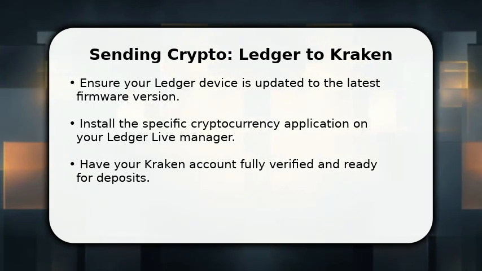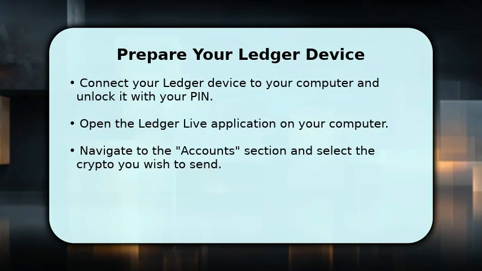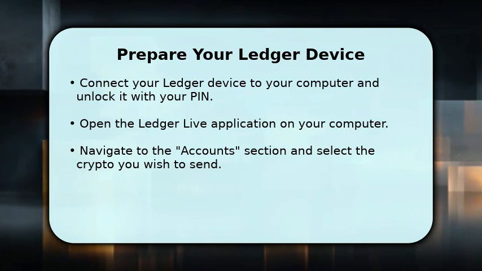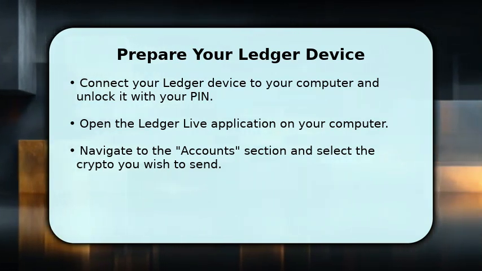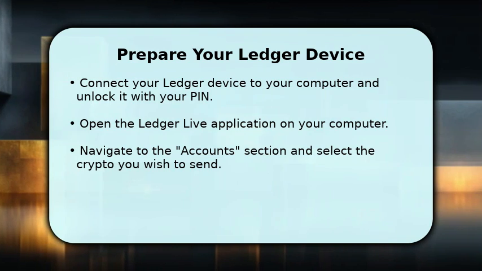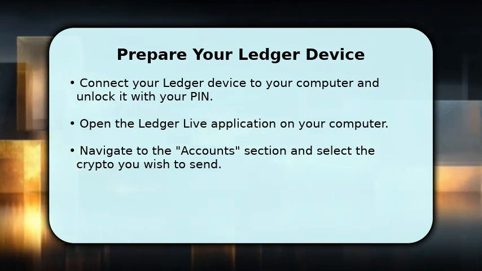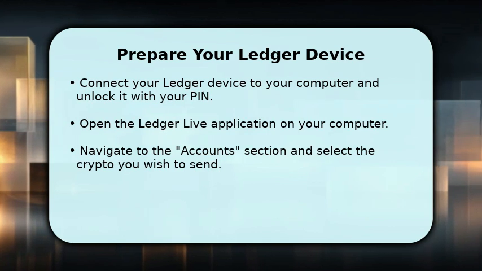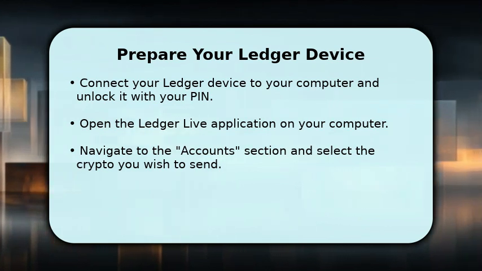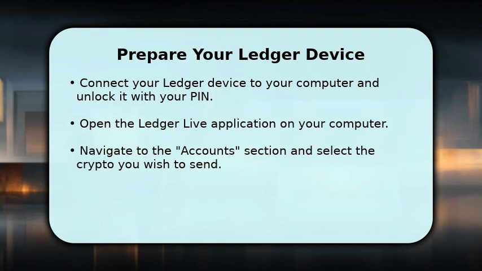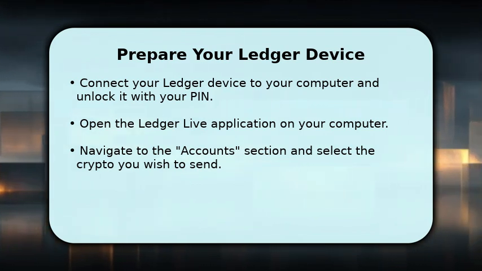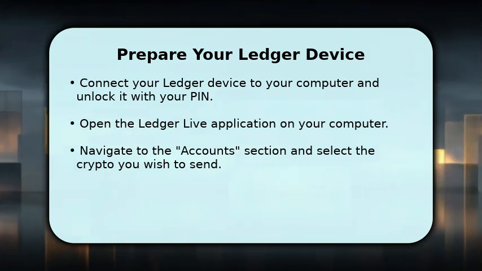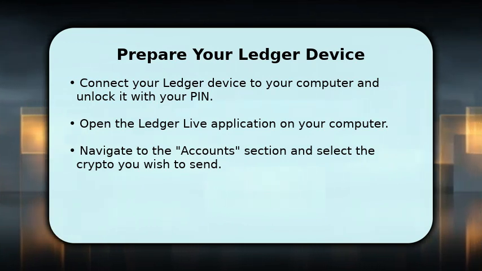before initiating any transfer. To begin, connect your Ledger hardware wallet to your computer and unlock it using your personal PIN code. Then, open the Ledger Live application on your desktop. Once Ledger Live is open, navigate to the Accounts section. From there, select the specific cryptocurrency account, such as Bitcoin or Ethereum, that you intend to send from your Ledger